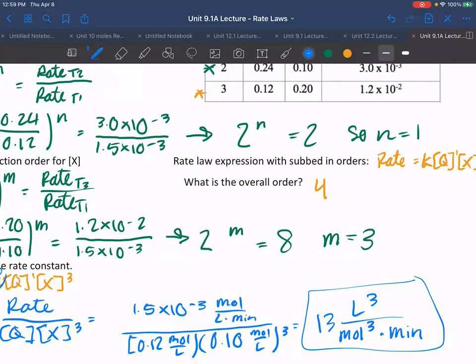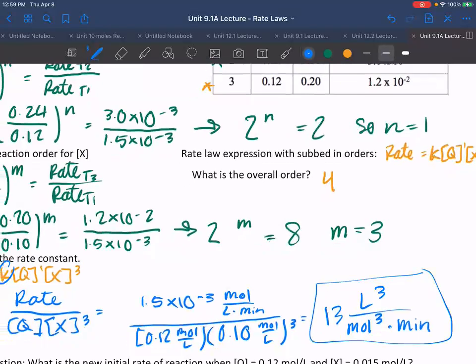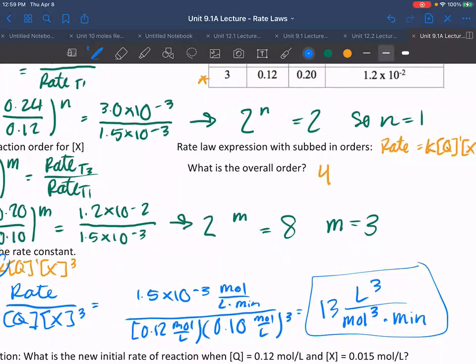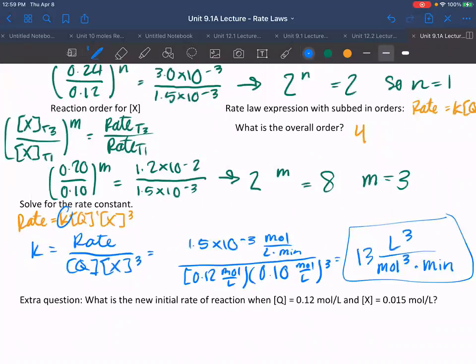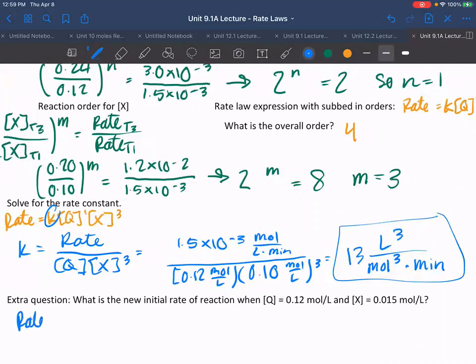Any questions on this so far? Got one more application for you, just as easy as plugging stuff in. But I might ask a question saying, okay, what's the rate if we know k already, and here are 2 concentrations to try. So we just solved for k. What you would do in this problem is just rate is equal to your new k we just found,